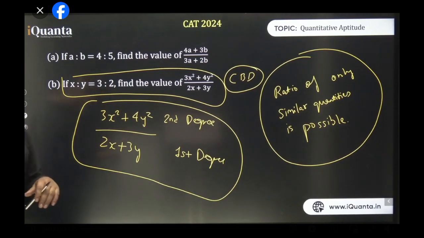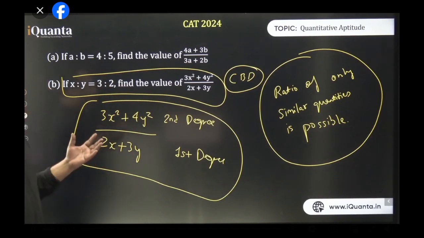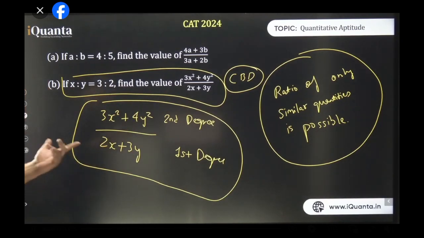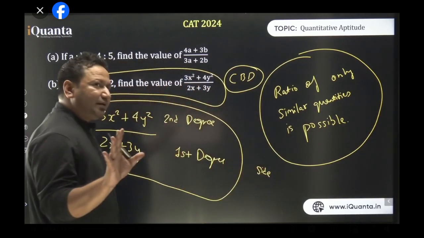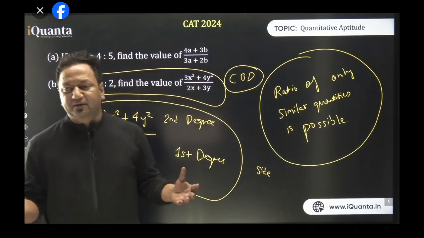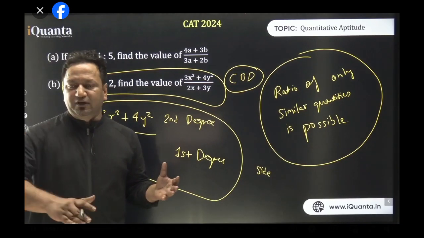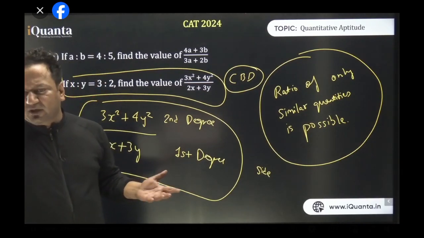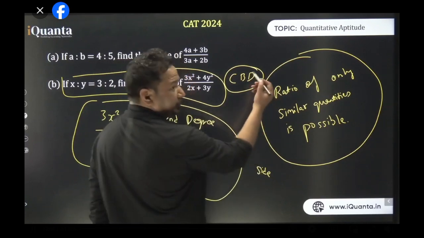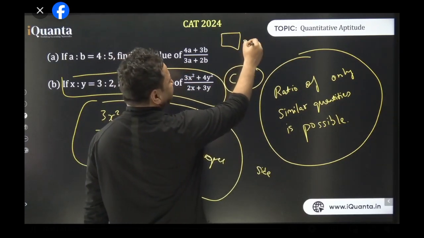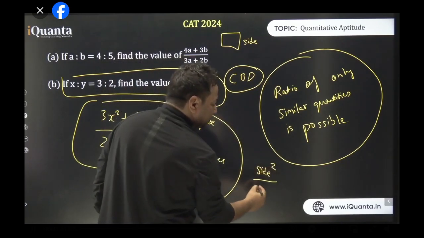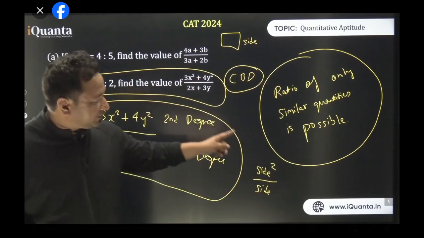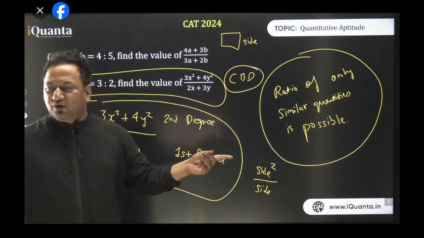Yeah, Akanksha. It has to be similar quantities. And degree should be same. In similar quantities, degree will be the same for sure. I'll tell you why. See, would there be a possibility that we can find the ratio of the area of one circle to the side of other circle? It is not possible, isn't it? Or square. So let us say we have a square and its side is this. So area will be side square. Side square upon side. Now you can see that these are not similar quantities. So when degrees are changed, quantities will never be similar.